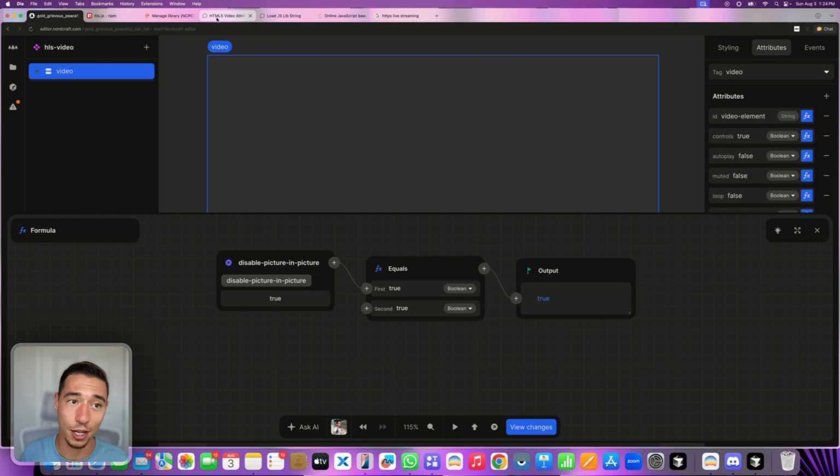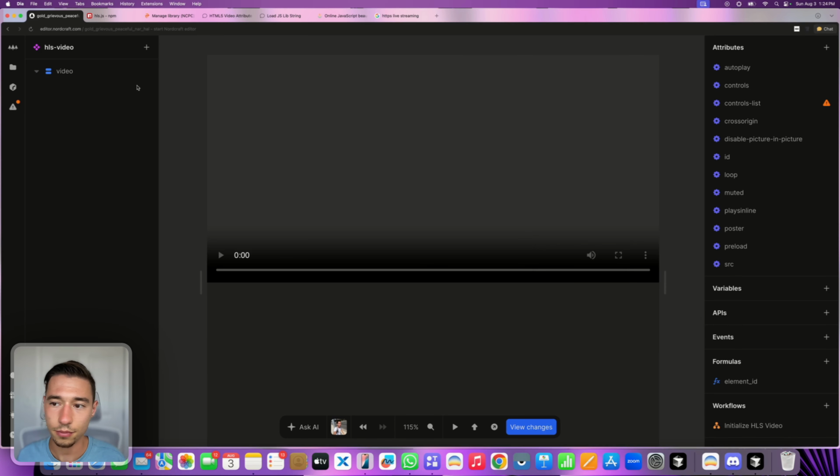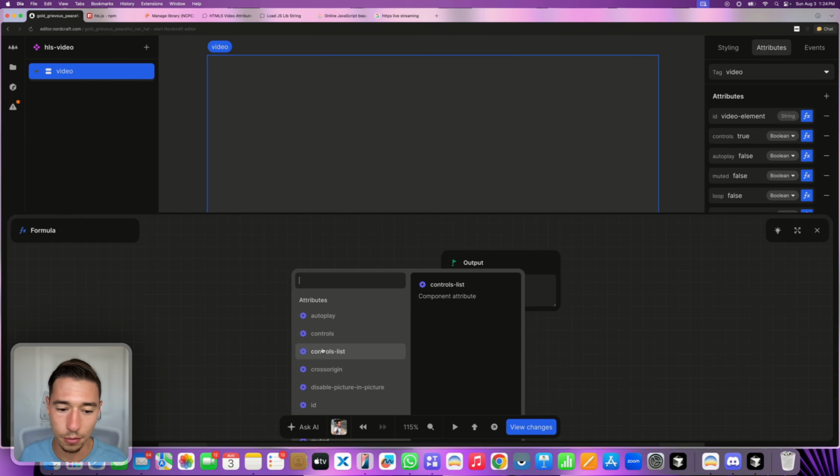Okay, now we have controls list. We can set that. Default would be no download. Now, usually you want people to download the video probably. So let's just create that attribute on the video element. And then I will just add controls list, and I will add no download. And I'm just setting the value as is. So I'm doing controls list,